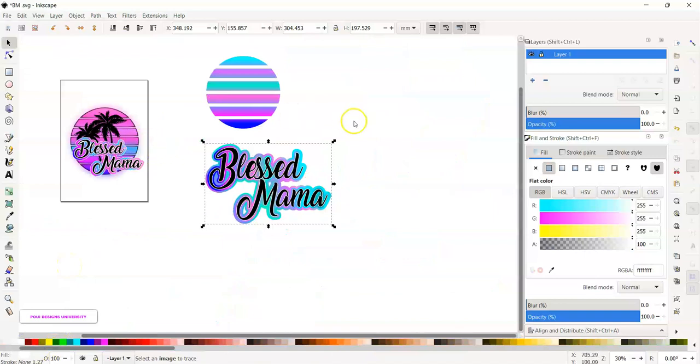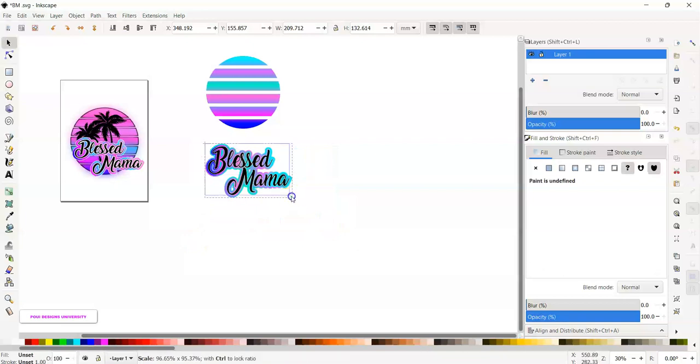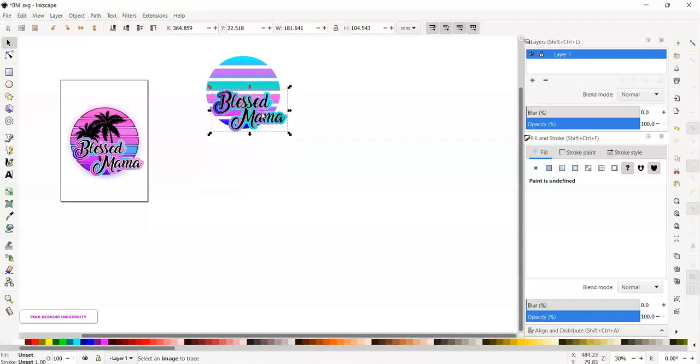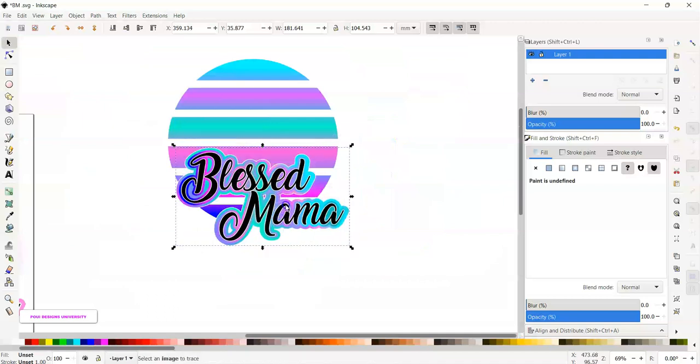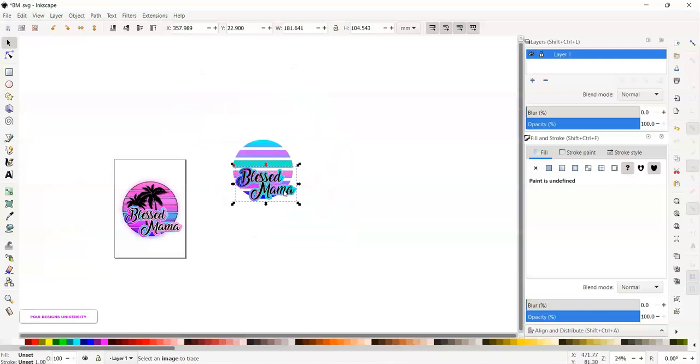And then we select everything and group everything, and then we make it a little bit smaller. Okay, smaller, and bring it over here. Let me see, where is my white? Okay, you see that? Bring it over here. Okay, the next thing we're going to do,